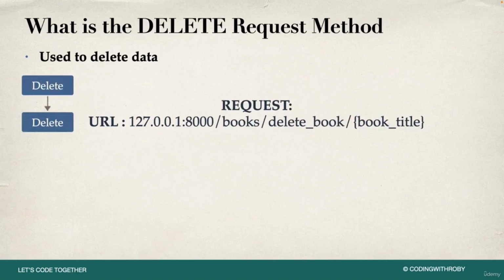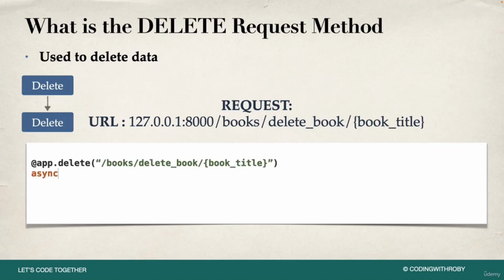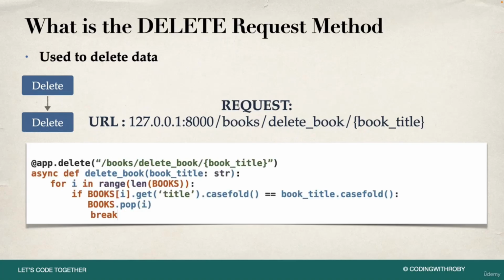So if we have a request of localhost port 8000 /books/delete book, we can then attach a path parameter of book title, which will essentially delete that book from the list. And we can write a function that will do that. But the first thing we need to notice is that we have an @app.delete, and then we have our API endpoint of